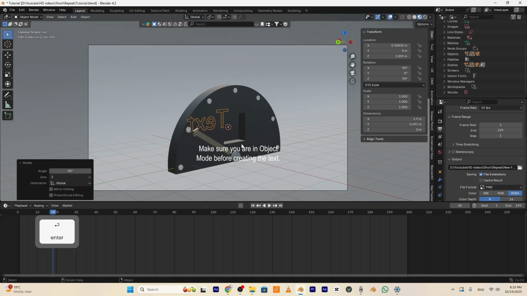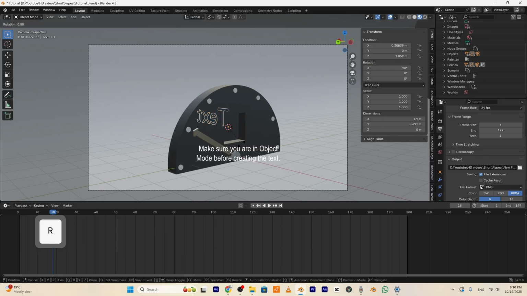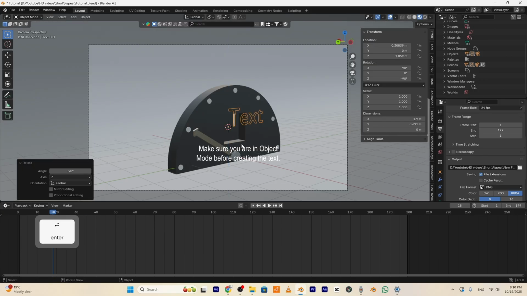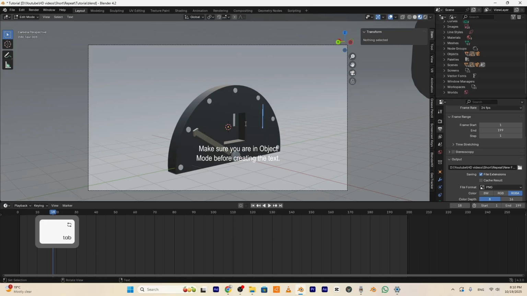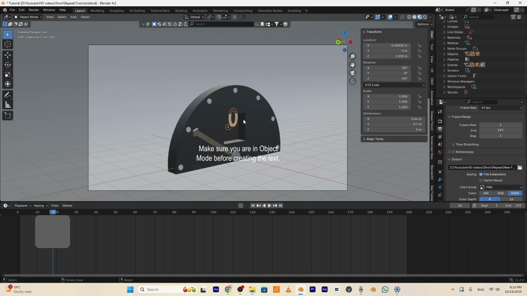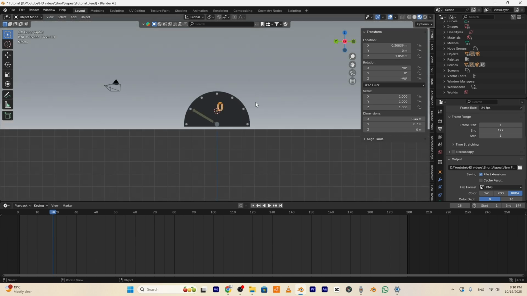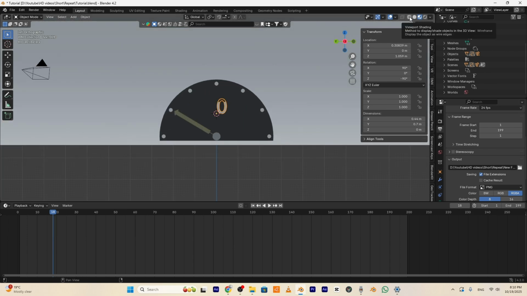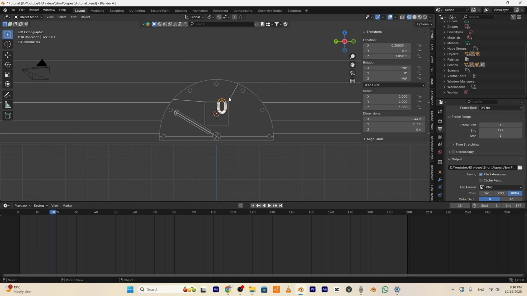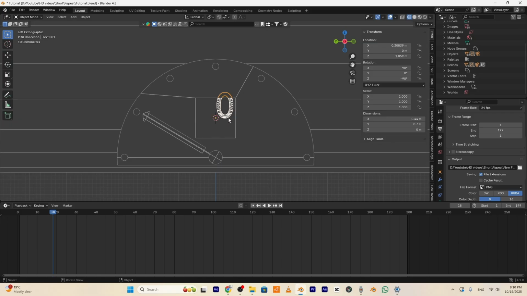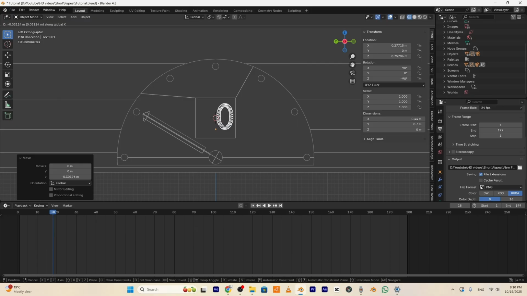Or maybe minus 90. Then go to edit mode and change the text to 0. Go to front or side. Move it along Z and Y. Put it in the middle as you see. Go back